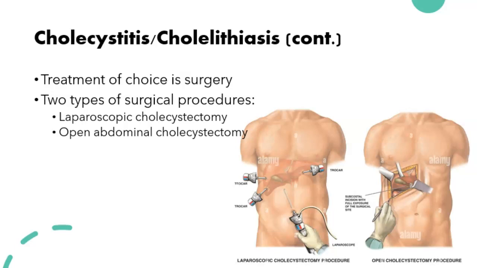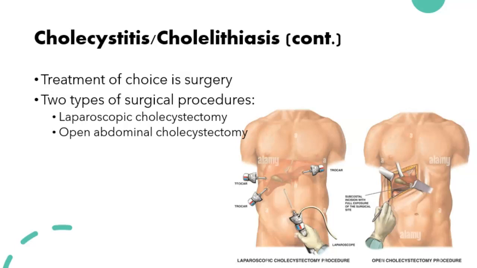And they use these trocars that you can see in the bottom right of the slide, but it's on the left-hand side of the picture. So those trocars basically have cameras on them, and they can move them around so that they can see good in there, and they don't have to open up the abdomen. This is going to replace the open surgical procedure 80 to 85% of the time. But sometimes they might have to do the open